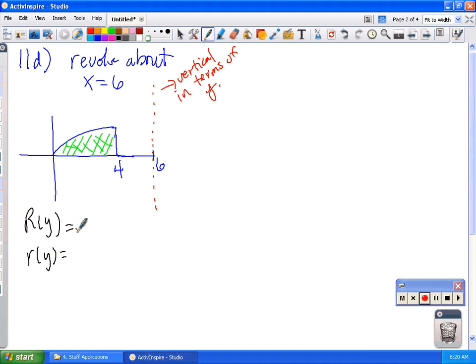We're going to have a big R of y, and we're going to have a little r of y. Big R of y is the distance from the axis of revolution to the outer curve. So this would be a representative radius of big R of y. Now, just like we said in the other problem, we have to take that segment all the way over to the y-axis. So the length of that entire segment is 6 units long. But keep in mind, just like before, the only part of the segment that we're really going after, the radius, is this distance right here, which means I'm going to have to eliminate